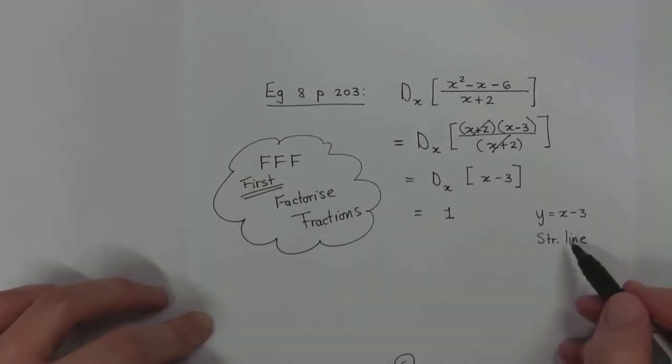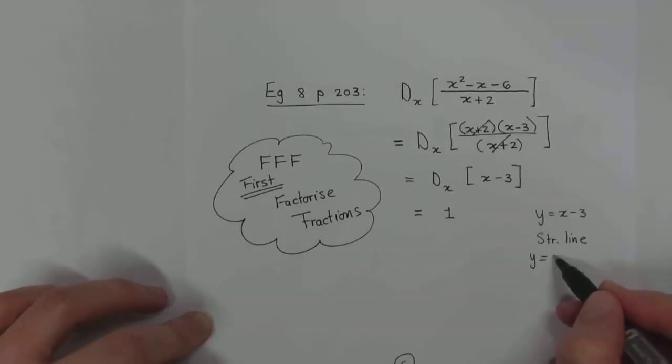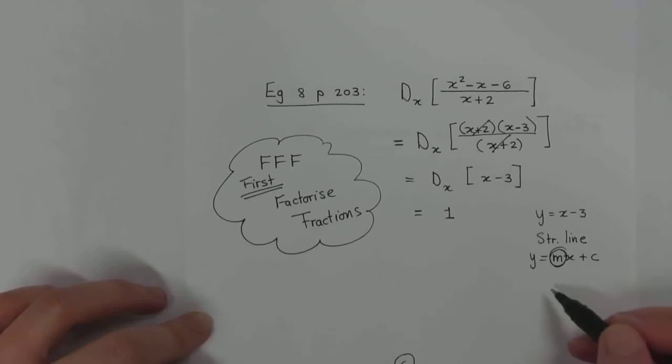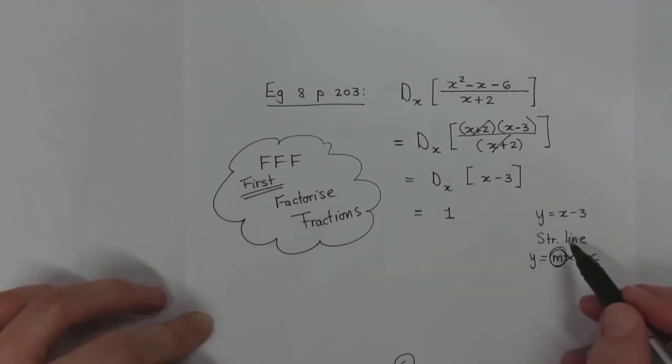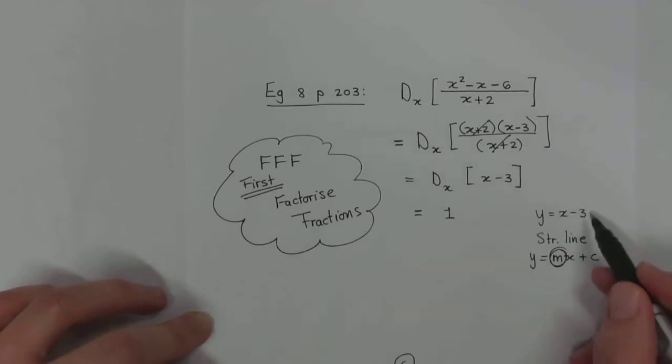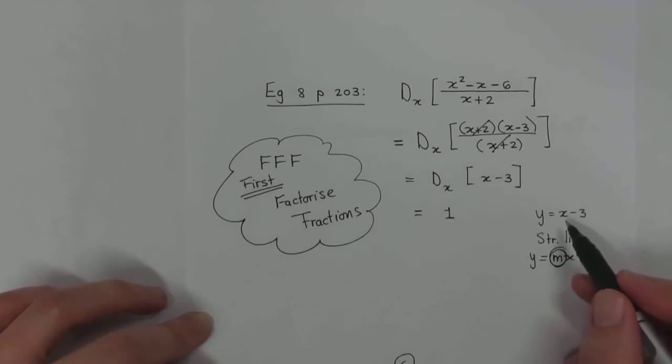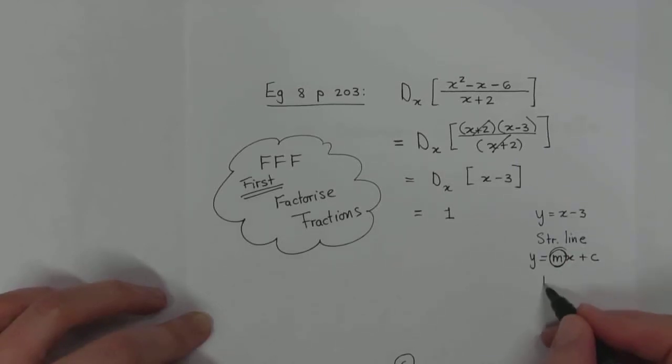And if you recall, straight lines are written in the format y is equal to mx plus c, where m is what? Hopefully you guys should answer that on your own. M is the gradient. Now again, people, I say derivatives, you say gradients. The derivative is the gradient. So if you look at that equation, because I know the gradient of that particular equation is 1, so the gradient is 1. Therefore, the derivative